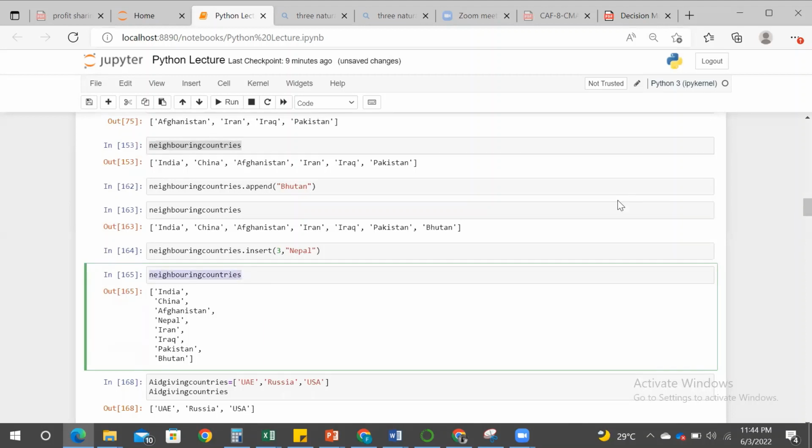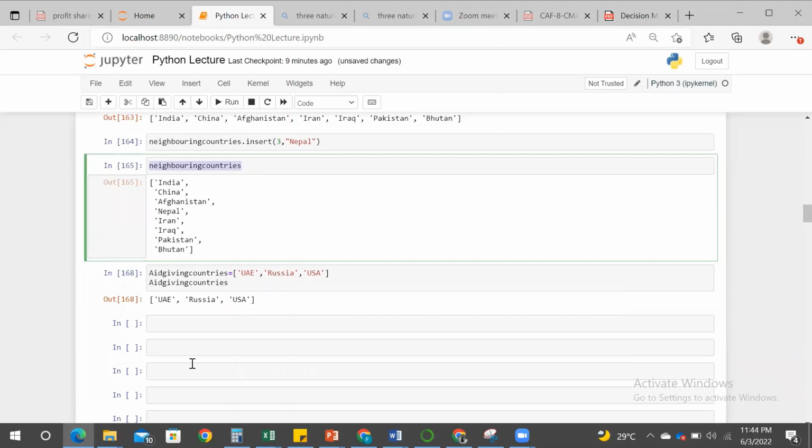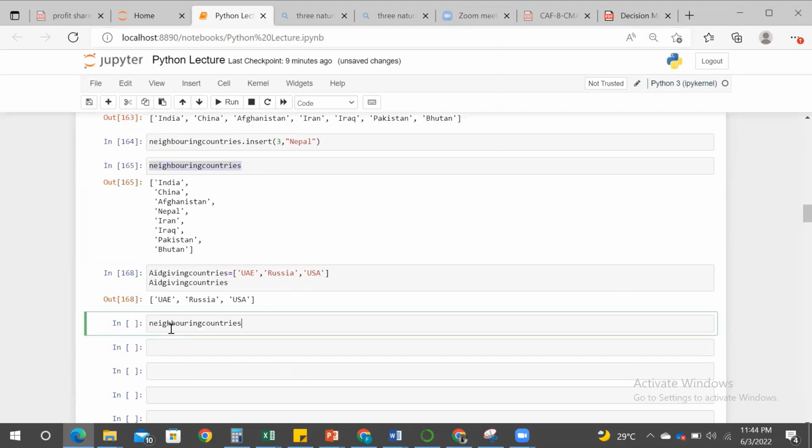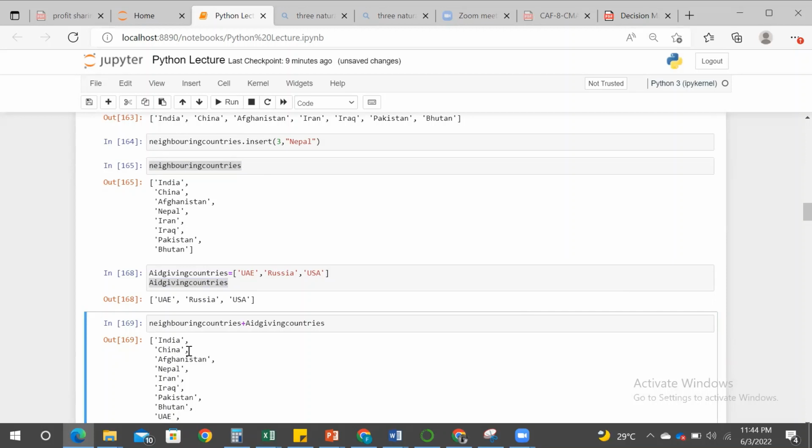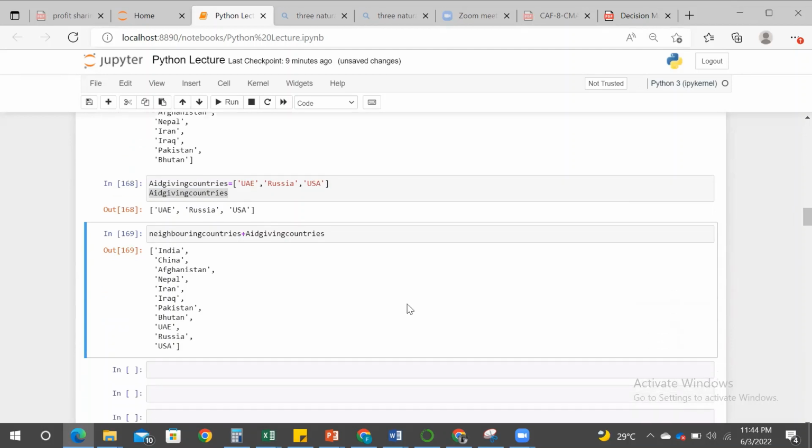Just copied the first list, and I paste it. Then I give a plus sign, and then I copy and paste the new list which I just created. When I run this, I'll get the two lists combined. The first list ends at Bhutan, and the second list is appearing after the end of the first list. So these two lists are combined, and I can name this